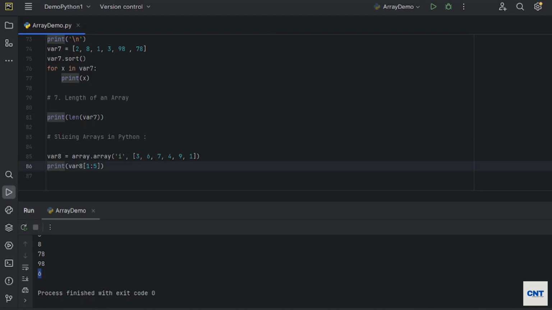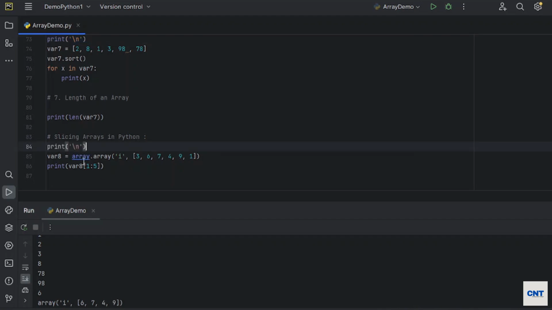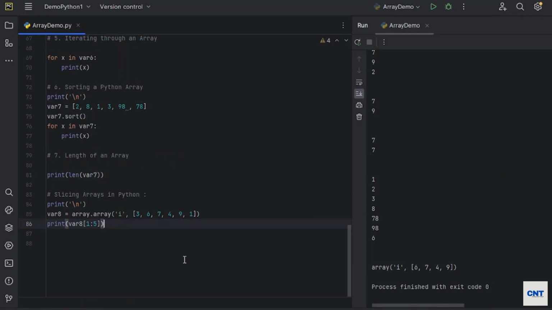Then it will print it. We have to take a separator. You see, 1 to 5th, starting from the first position, 6 to 9. This is the range we have printed by slicing.